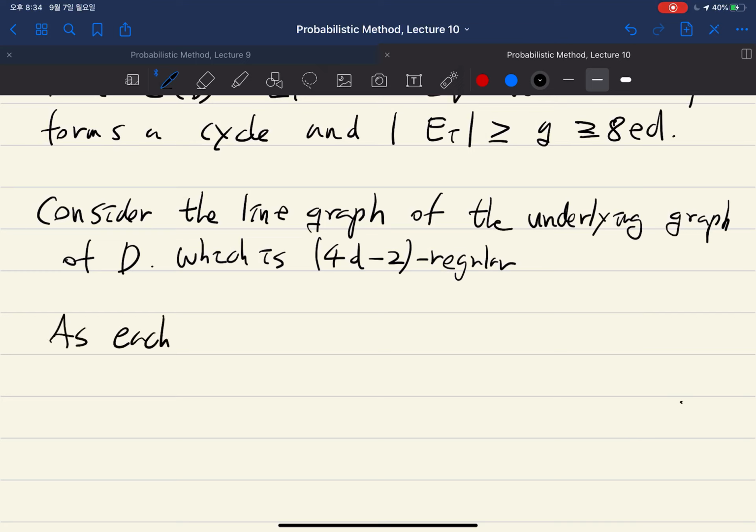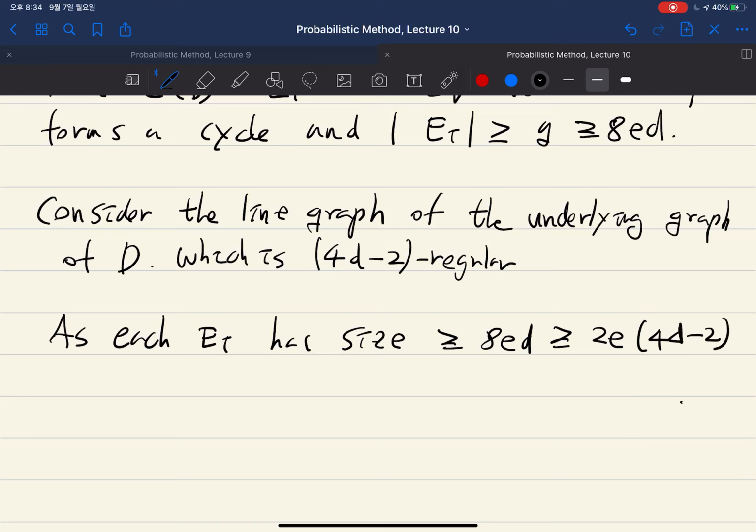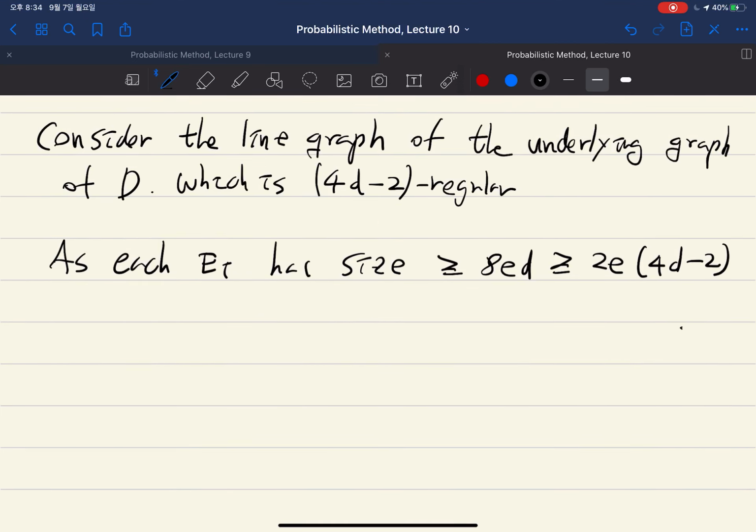As each Ei has size at least 8ED, which is at least 2e times the maximum degree of this line graph, the previous proposition